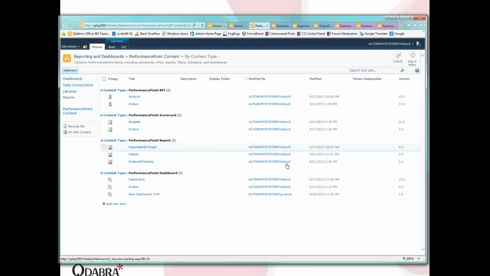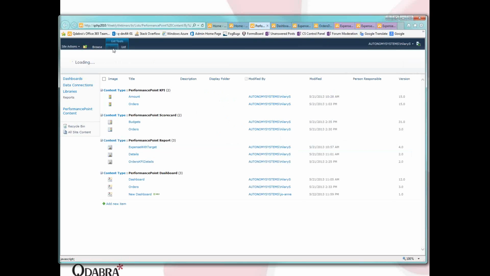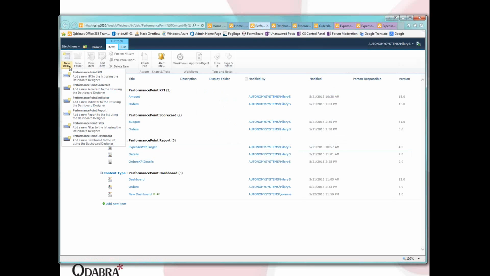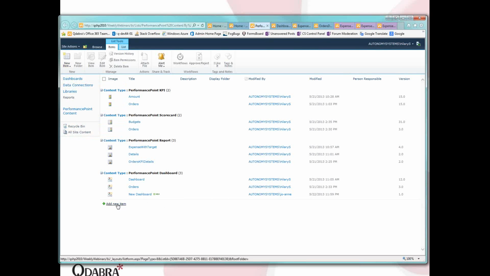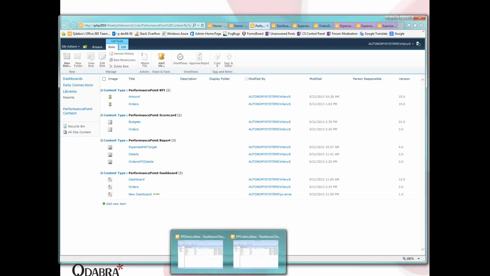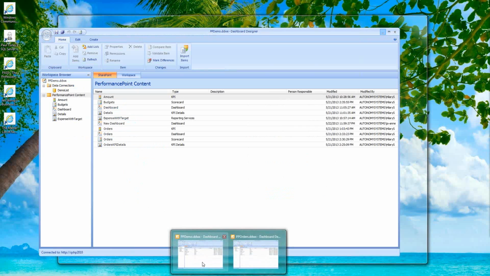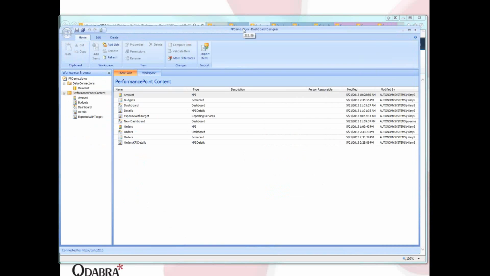the workspace and the dashboard designer. Where I start, you can start here. You need to start in the Performance Point content library, and you can start here under New Item, and you can select a specific item, or if you click Add New Item, you'll create a blank workspace. A workspace is a collection of items, and they can be existing items or new items. So I've got a couple workspaces here that I've already got open, and this one was for my little demo dashboard. Now when we open up a workspace, it creates this